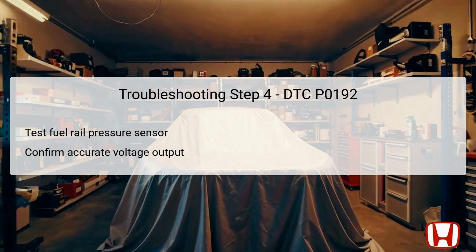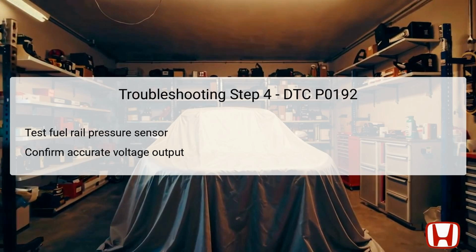The technician must test the sensor to confirm it is operating correctly and providing accurate voltage outputs. This may involve providing appropriate power to the sensor and measuring its output using a multimeter. The expected voltage range should be clearly defined in the vehicle's service manual based on varying fuel pressures. If the sensor produces a voltage that does not align with the expected output as fuel pressure changes, it is